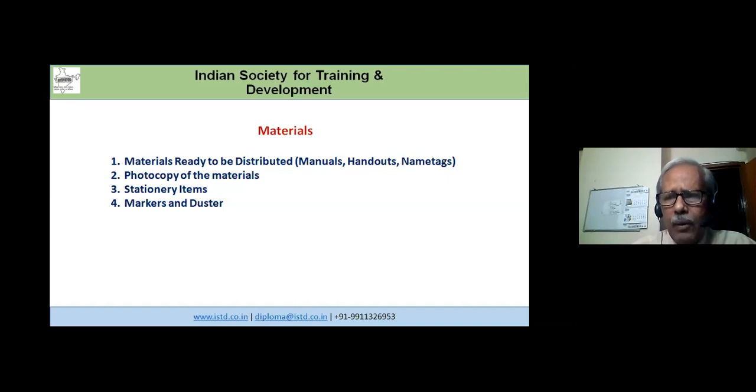And the trainer must identify the time when it should be circulated to the people, right? It should be meticulously prepared in between, as thought of earlier. The markers and the dusters to be used by the trainer should be available there. Sometimes it happens that everything is ready, but then there is no marker or the duster is not available. So things have to be pretty clear that everything is ready in the classroom before starting the entire training process.